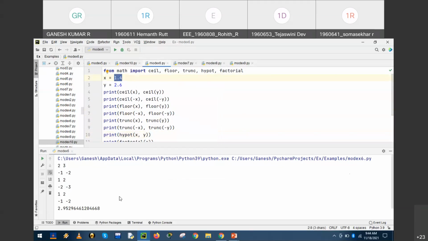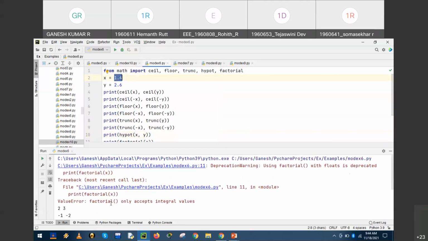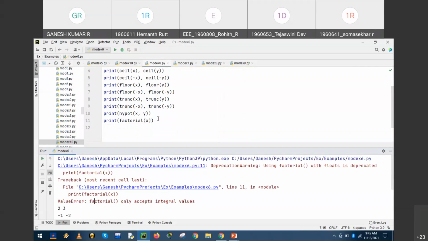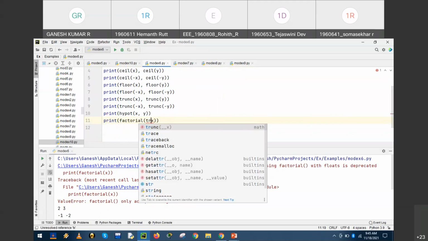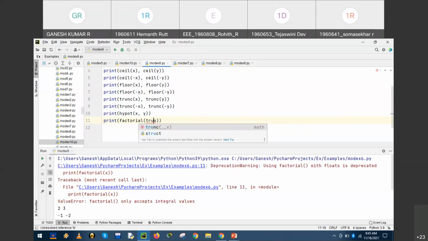Let us check. Print factorial: it only accepts integer values. We have an error called ValueError. The message is that it only accepts integer values. So what can we do? We can use trunc, because the original inputs to factorial need to be integers. We can adjust the statement with trunc.